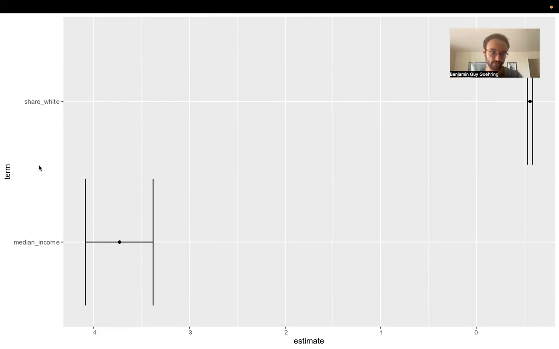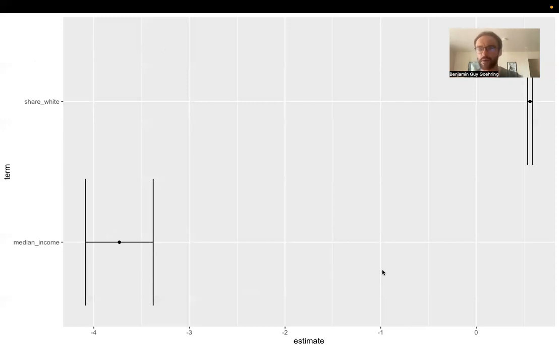I also think this looks like a TIE fighter from Star Wars. Like, I would trim these whiskers, all that stuff. More importantly, though, it also probably needs some sort of standardization of these two variables, so that we could maybe get a little bit more of a sense of, is share white or is median income,